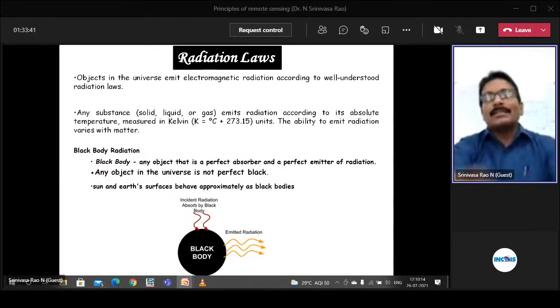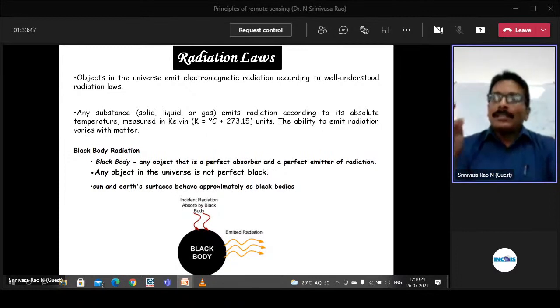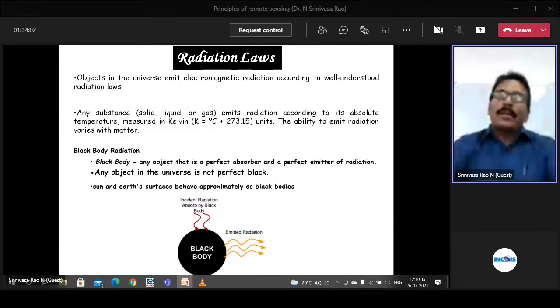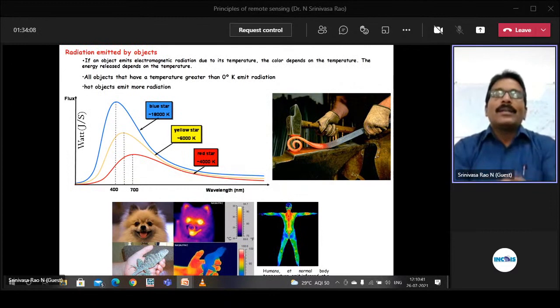Here in this slide, it is telling us that in nature, any body with a temperature above 0 kelvin, that is minus 273 degrees centigrade, contains thermal energy equivalent to that temperature, and it emits some radiation. So to explain this concept of radiation loss,